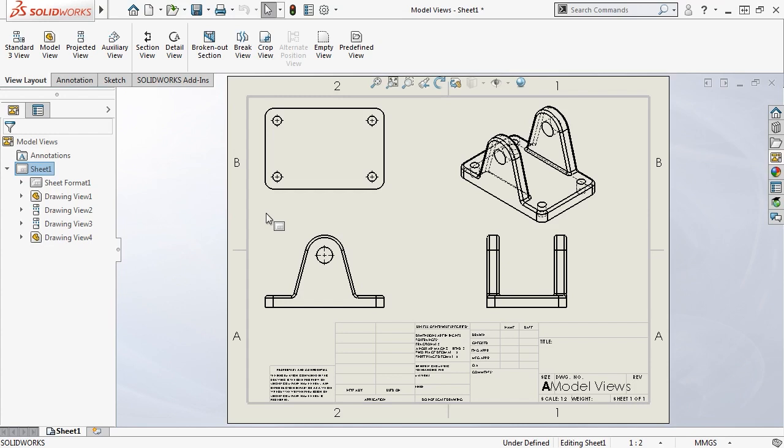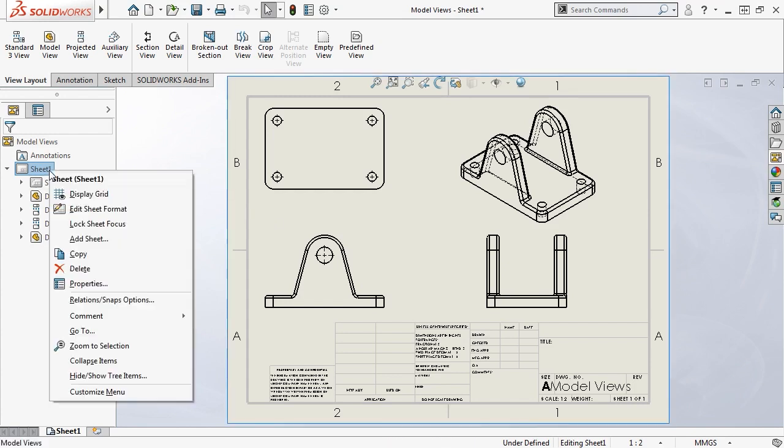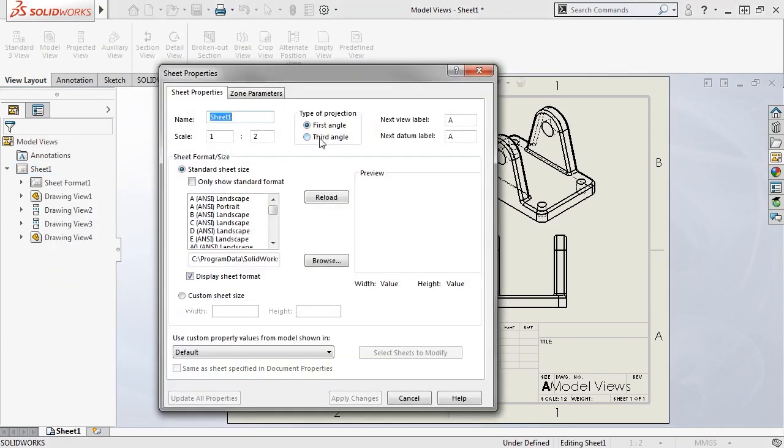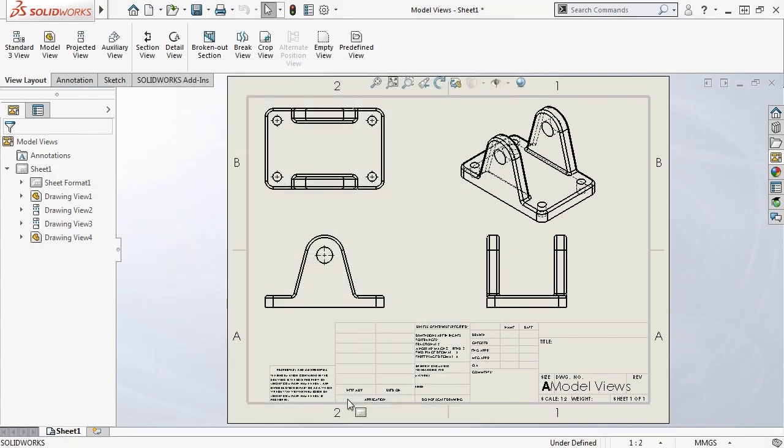This view might look incorrect to you. So if you right-click Sheet from the Feature Manager and select Properties, you can see the Type of Projection option here, along with some of the options that were specified earlier, such as the sheet scale, sheet size, and sheet format. I'll go ahead and change the drawing sheet to a third angle projection, and when I click OK, you can see all the views on the drawing sheet update and now show a third angle projection of the model